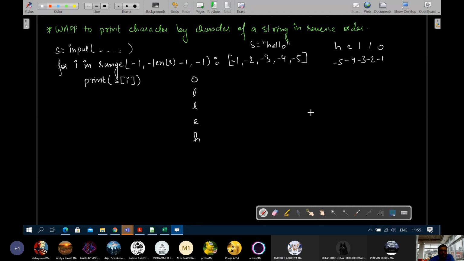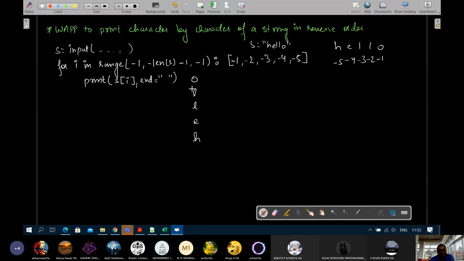If you want to display it in a single line, what will you do? Sir, end. Correct, end with double quotes. We won't write sep. Why not? Sep is for separators, that is, when you print multiple arguments separated by commas in one go. But here it is the same argument, and after printing each thing you don't have to change the line. So here you will use end. End is equal to, you can give one space.